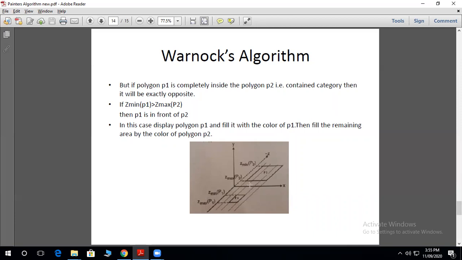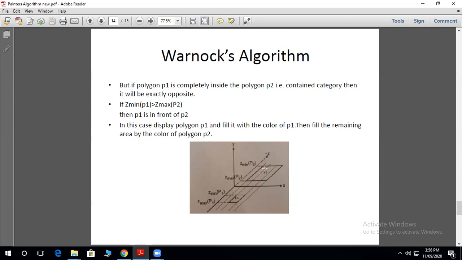In this case, what will be the condition? The condition is if Z minimum of P1 is greater than, why is it greater? Because it is towards the positive Z axis. If Z minimum of P1 is greater than Z maximum of P2, then P1 is in front of P2.